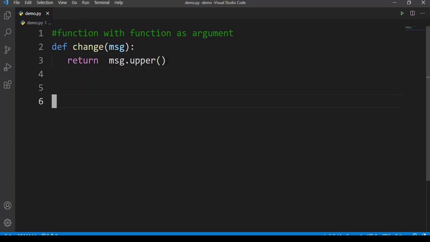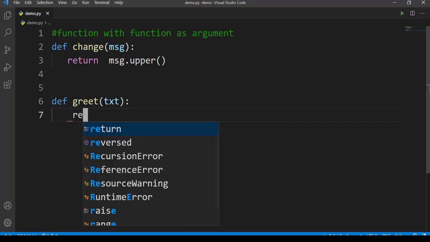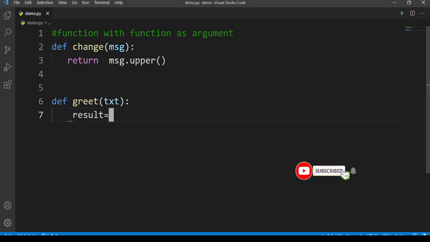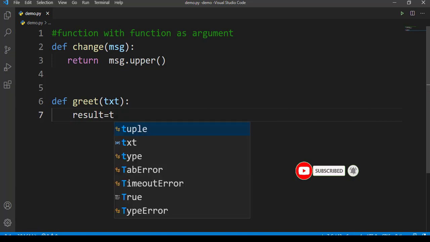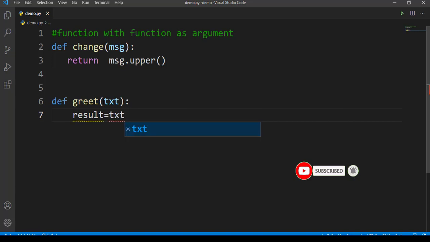Now I'll define one more function. Let's say I'll name my function as greet and I'll pass a parameter to this function as text. Now let us take one more variable as result and make use of this text argument as a function.